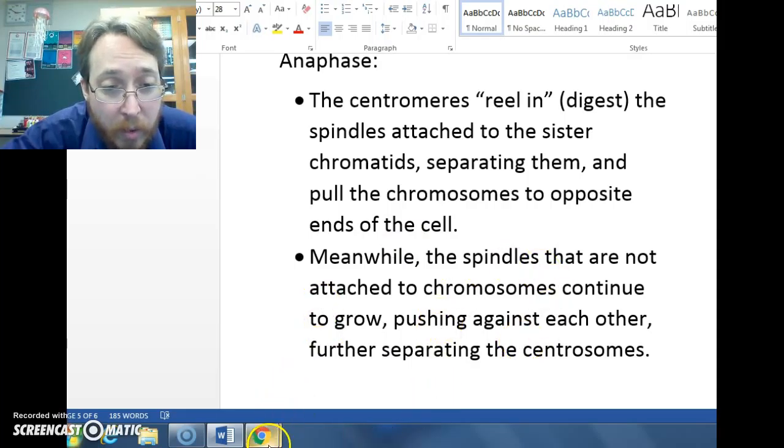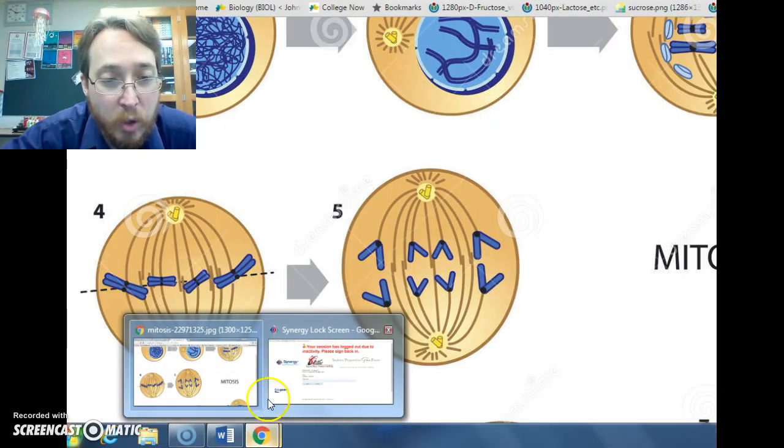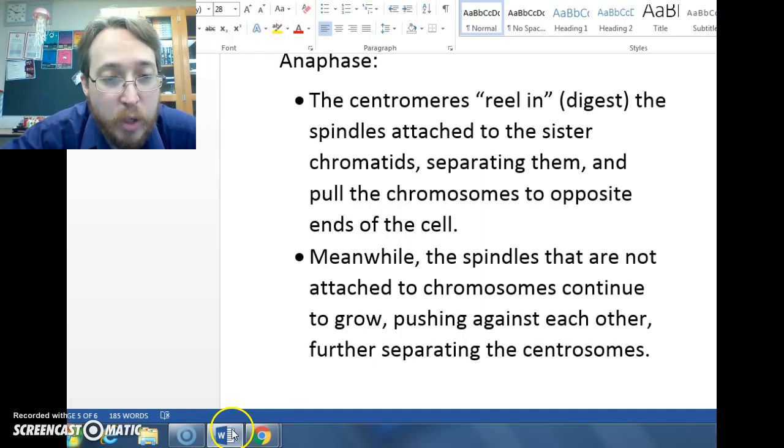And what does that look like? Well, we can see the pushy spindles here, and then we can see the other spindles beginning to reel in the chromosomes there, which brings us to the last phase, which is